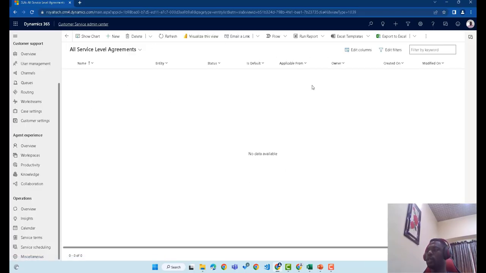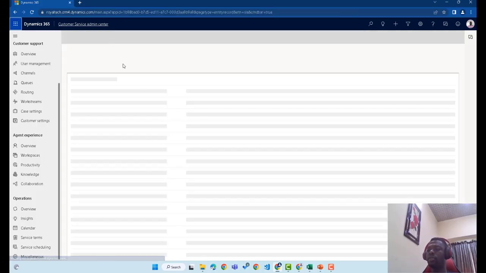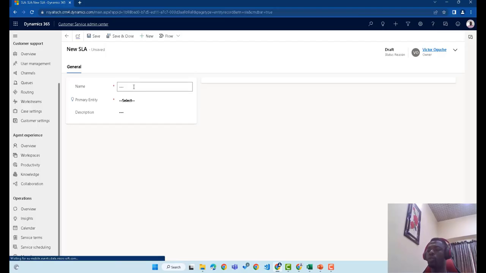Yeah. So this is what we have. So what we want to create now is two SLA levels, because we'll have one which is the base agent receiving it, and we'll have the second one which is for the escalated level. So I'll just click on new and I'll call this